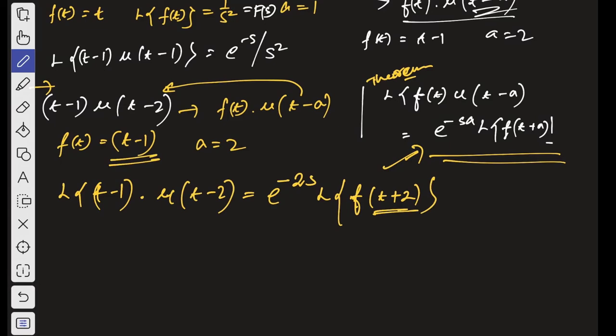So if f of t is t minus 1, then what will be f of t plus 2? That's going to be e to the power minus 2s